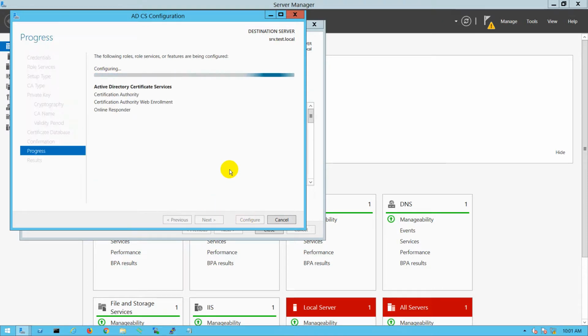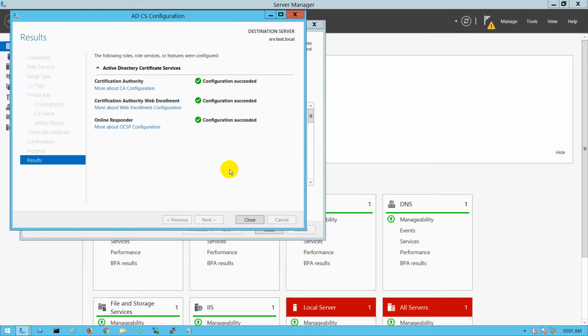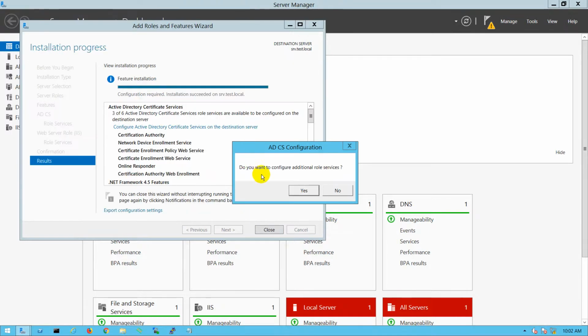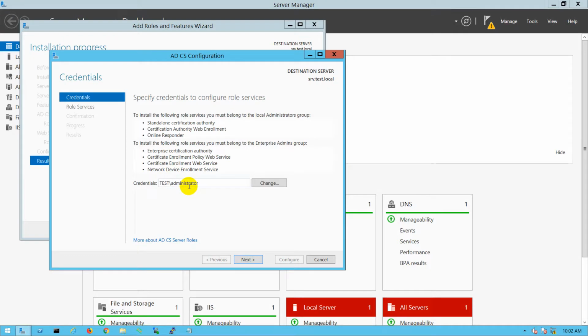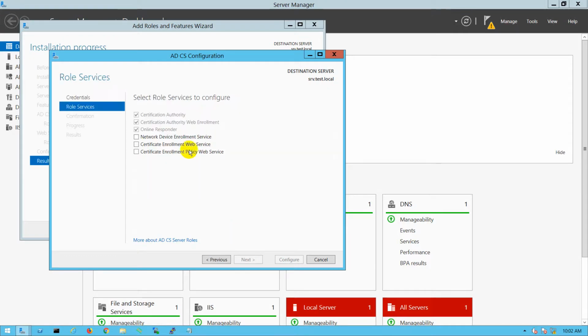So it will take some time to configure Active Directory Certificate Services, certification authority, and it's done. Okay, and click close. Now it's asking about the last 3 services. Do you want to configure additional role services? Yes. So click yes. Okay, again the user is already there, so no issue. Click next. And now choose the last 3 services: network device enrollment, certificate enrollment web services, and certificate enrollment policy